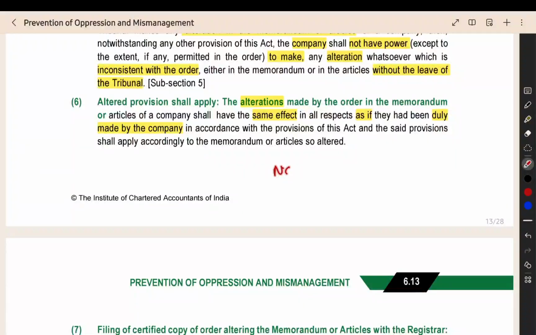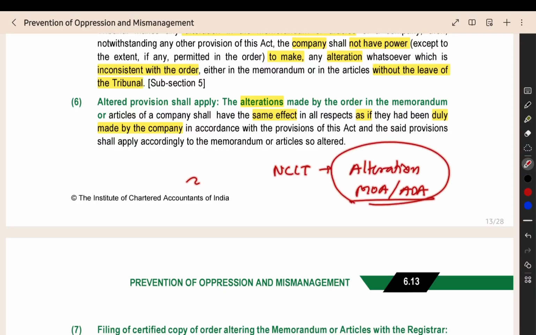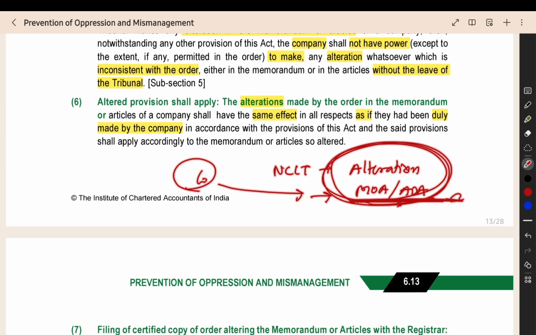powers, if the tribunal, NCLT, makes any alteration to the MOA or AOA, then after the order, the company cannot reverse the alteration. They cannot do any change to the MOA or AOA, like reversing the effect of the alteration made by the tribunal. That they cannot do. If they want to alter the MOA or AOA inconsistent with the order of the tribunal, if they want to reverse the order of the tribunal, then they can do that only after getting the permission of the